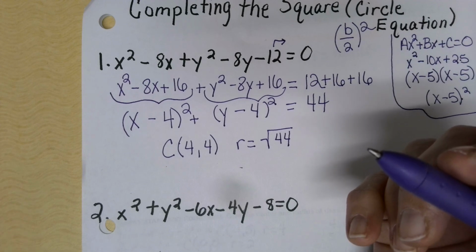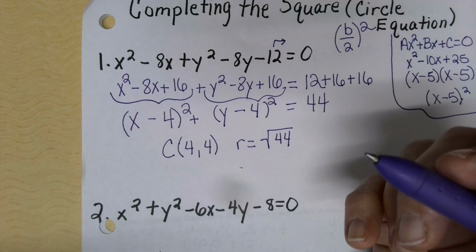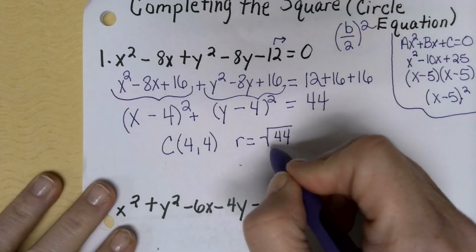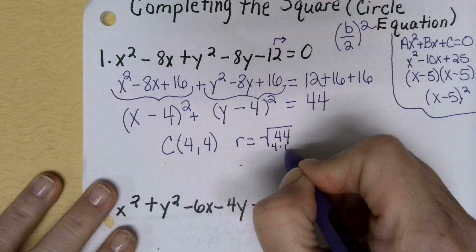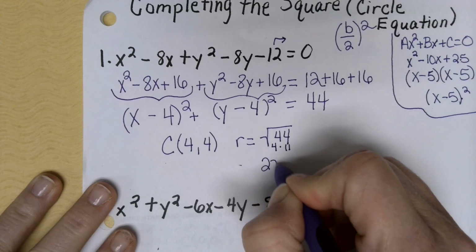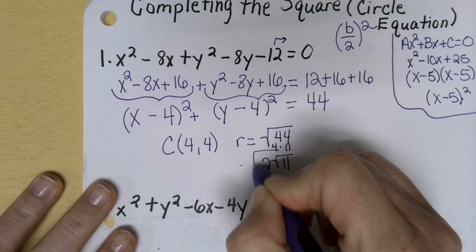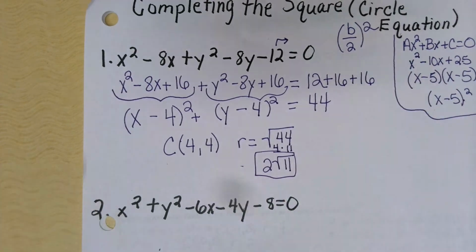So I'm going to give you the decimal answer and the radical answer depending on what your worksheet says. This is 4 times 11, which is 2 square root of 11. That's your radius. And then if you just take the square root of 44,